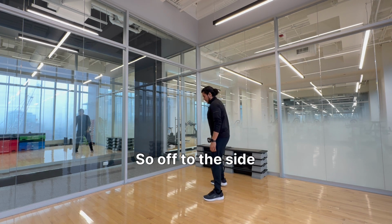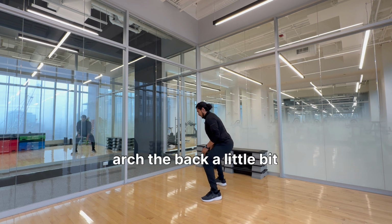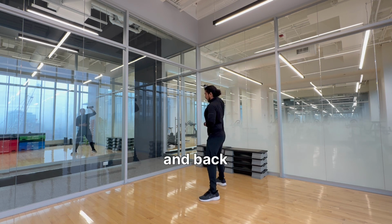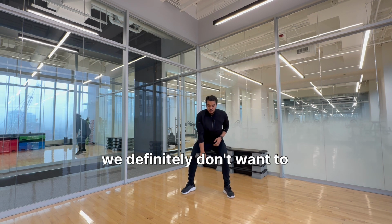So off to the side, we want to come down, bend with the knees, arch the back a little bit, and then we're coming up and back down. Up and back down. Some important notes to take when doing this movement: